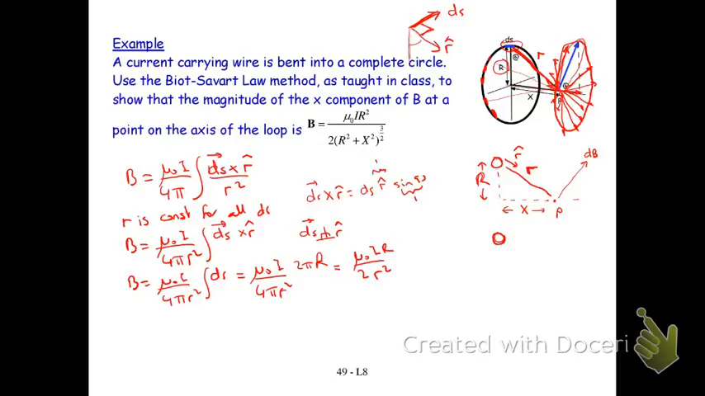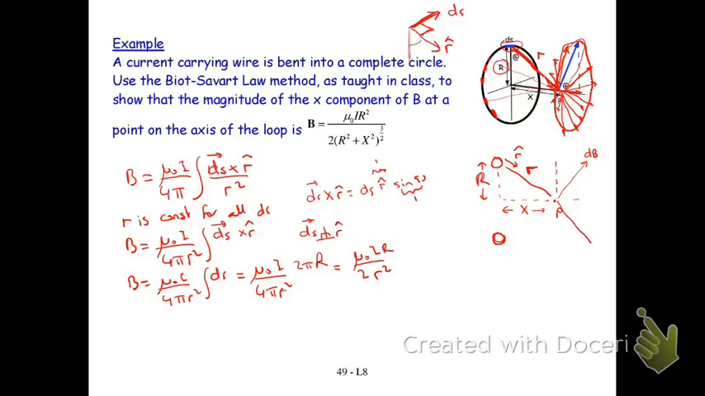Well, let's have a look. I got my mu naught and I got my I. I got my 2's appeared, which is kind of nice. But, you know, what this is, it's a sum of all these guys. But if you think about it,